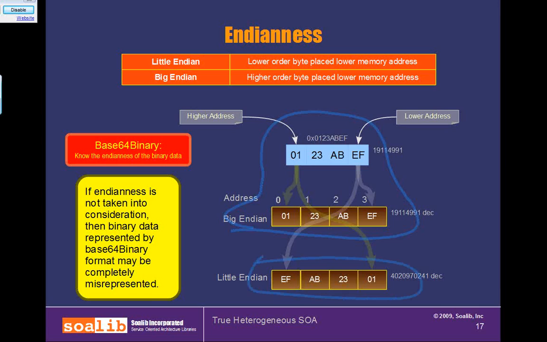So when you have a memory debugger and you want to see the memory, you have to make sure that you look at them in reverse order when the platform is little endian. If it is big endian, you do not have to really do anything because you can just look at the memory and see what the data is there. The good thing is that when it comes to primitive data types, the process will deal with the proper endianness and we do not need to worry about it. But when it comes to base 64 binary format, the endianness becomes important. If the byte array represented by binary format represents an array of short integers, long integers, or some other values that are binary, then the endianness must be